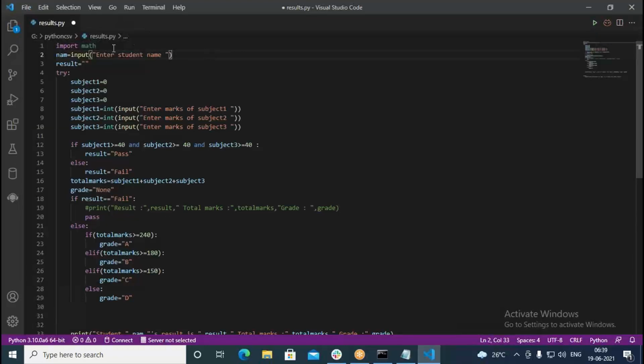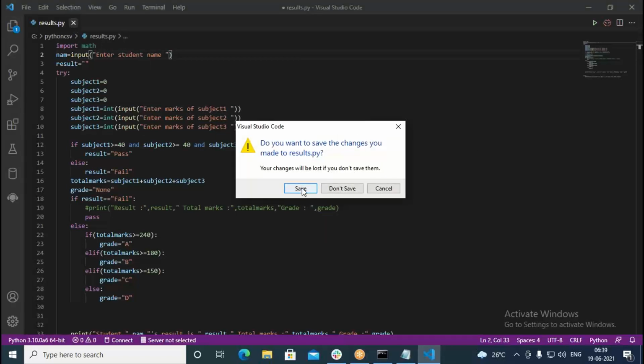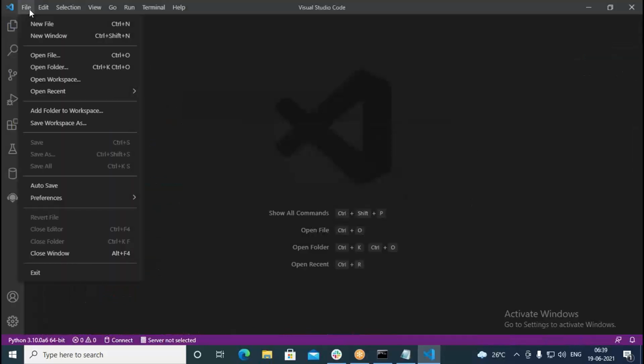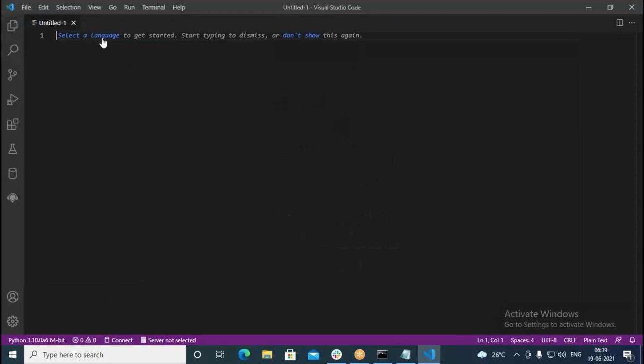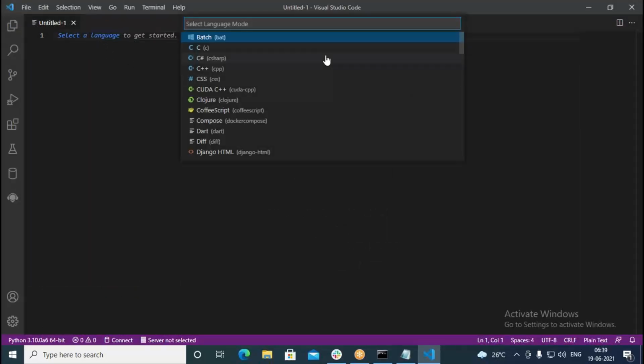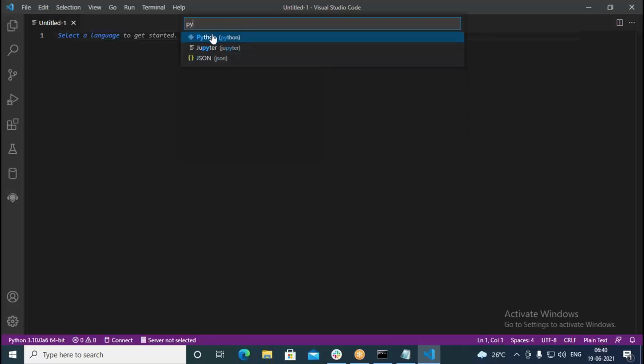Then in the file, we have a provision like this, but I can close, save that. Then I'll go with a new file. I should choose a language. Python I choose.